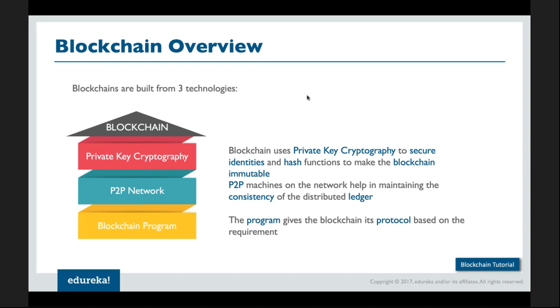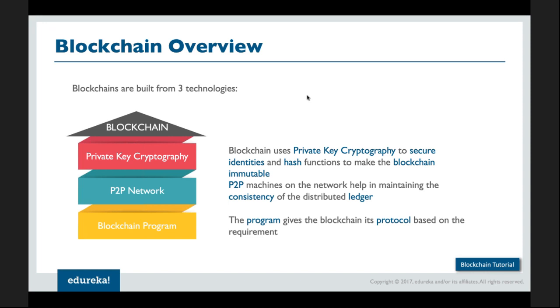So let's start with the first technology, which is private key cryptography. Again, a very old technology. The main purpose of this technology was to send messages on an open network using a secure protocol. Private key cryptography was basically the secure protocol that people used in order to send encrypted messages on an open network, to ensure that only the authorized recipient is able to read that message. For this cryptography concept, they used to generate a key pair, a private key and a public key. A private key was something which only the owner, or only the authorized signatory, used to have,